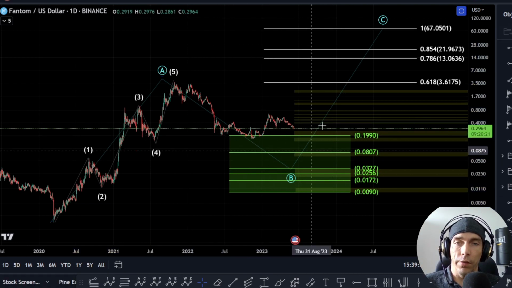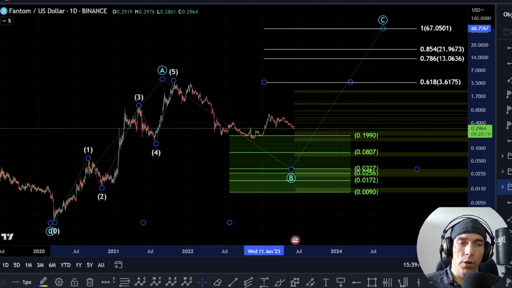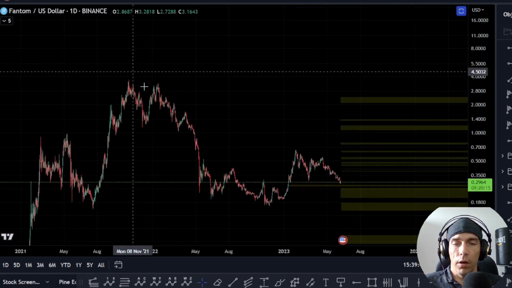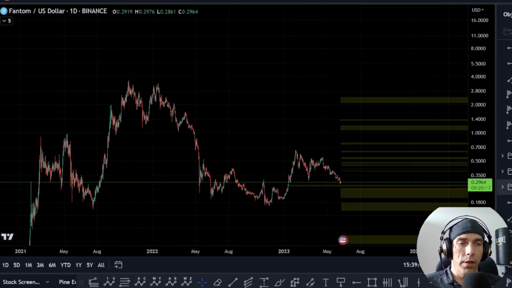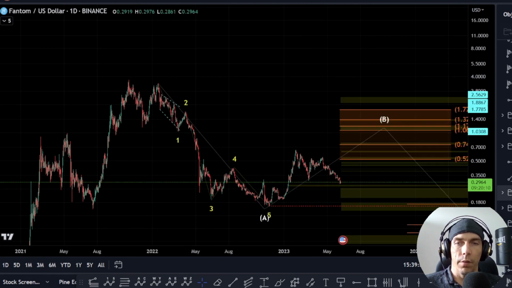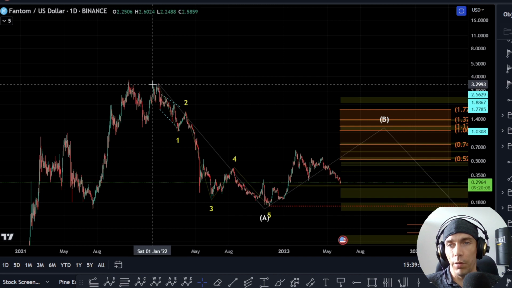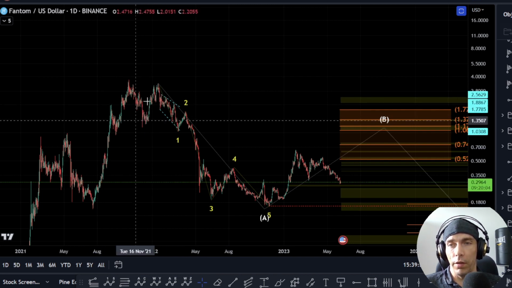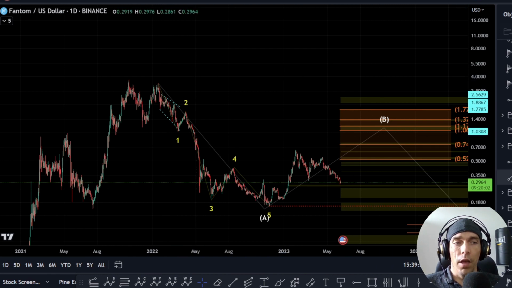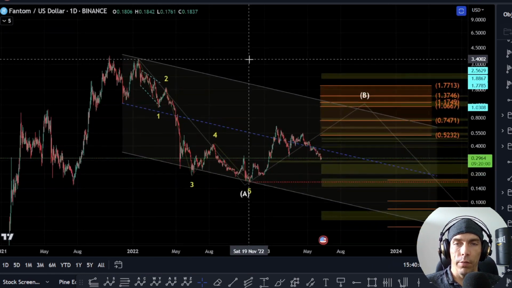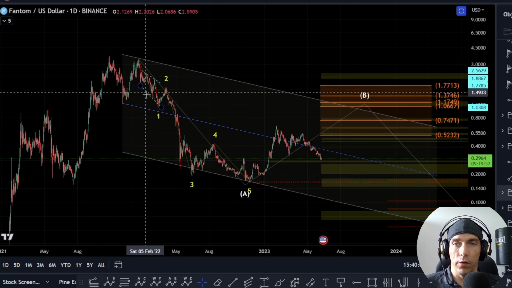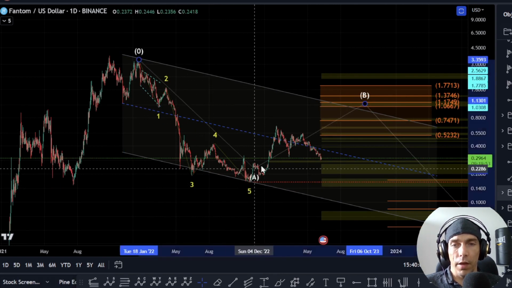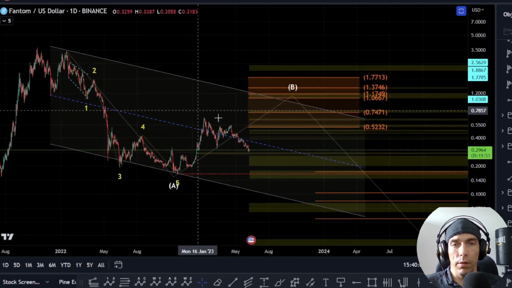The internal legs are potentially the same, so we're going to go over that now. What we'd be looking for here is that if we are looking at this move to the downside here, what we could argue is that we have something along these lines here where we actually complete into this high over here, and this is this 1 2 3 4 5 to complete this last sequence to the upside. Now if that's the case, what we could actually have is something along these lines where we treat this as an expanding diagonal for wave 1 2 3 4 and 5. If this is the case, this would be our A wave low, and then we're looking for a B wave